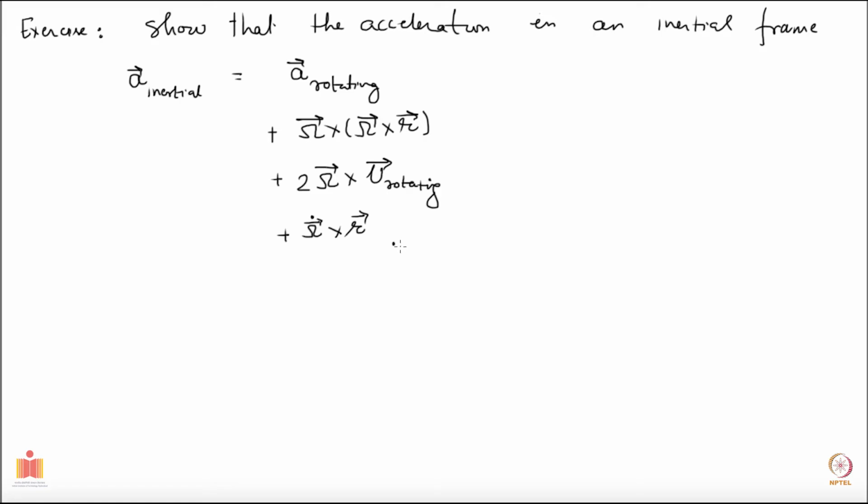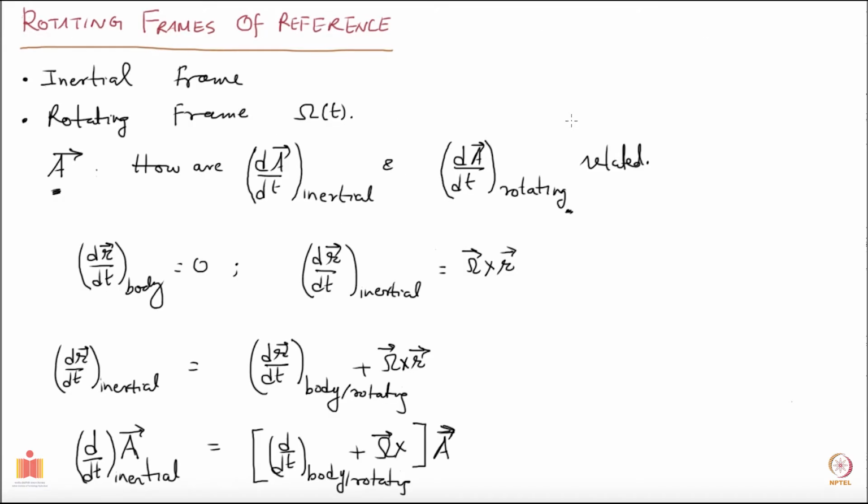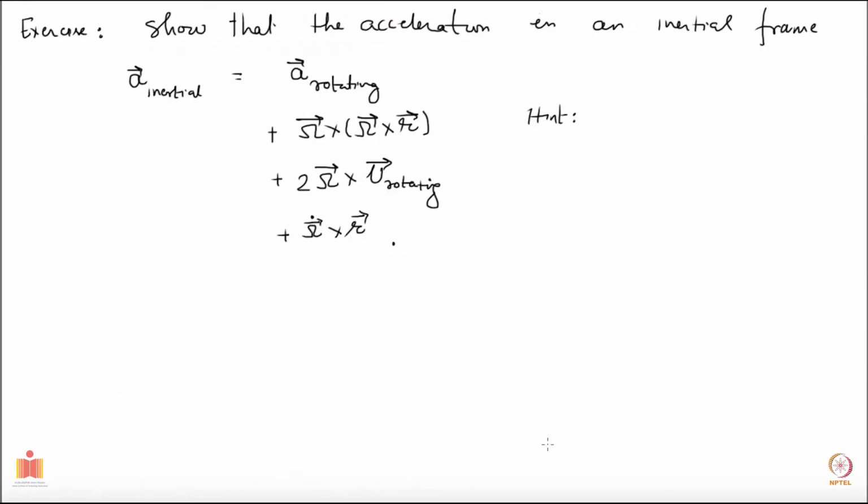Okay, so this is what you'll get, and here is a hint to do this. What you should do is go back to this relation which you have derived. Let me call it relation number 1. Okay, use this twice. So you take the vector a to be the vector r, so it will connect your velocities in the two frames, and then you put the v inertial here, and then you'll get the acceleration in the inertial frame, and on the right hand side you'll get all these terms. Okay, so please do this simple exercise. So the hint was use relation 1 twice.